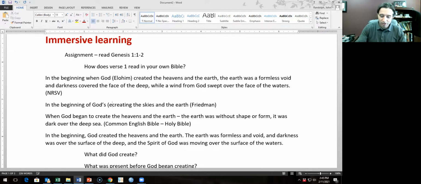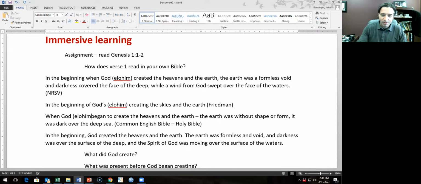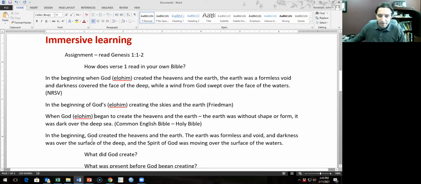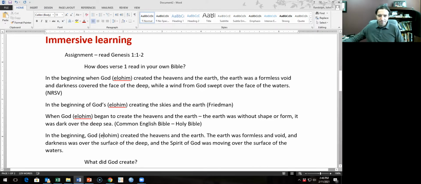And Elohim is interesting, and I'm going to leave it uncapitalized. I know that it went ahead and capitalized it here, and I'm already risking blasphemy, of course. But Elohim is an interesting word because Elohim is not what we would consider to be God's name. In other words, God has a proper name in the Bible, and we'll get to that. But this isn't it. This is Elohim.